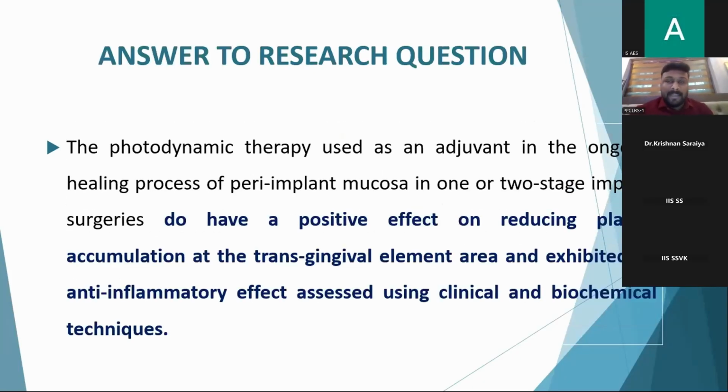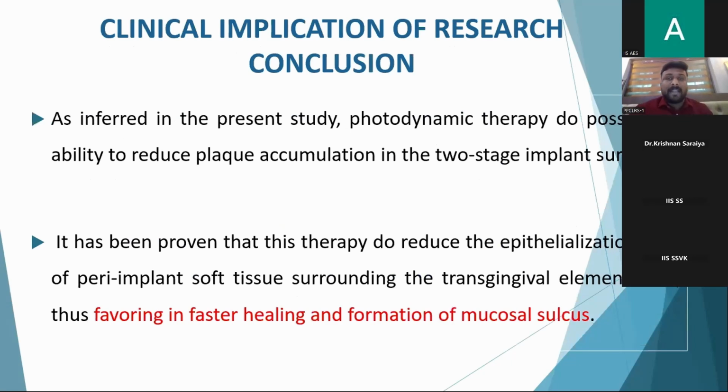Thus, based on the result obtained, I have derived my answer to the research question that the photodynamic therapy used as an adjuvant to the ongoing healing process of peri-implant mucosa in 1 or 2 stage implant surgery does have a positive effect on reducing plaque accumulation at the transgingival element area and exhibited an anti-inflammatory effect assessed using clinical and biochemical techniques. Clinical implication of the research question includes, as inferred in the present study, photodynamic therapy does possess